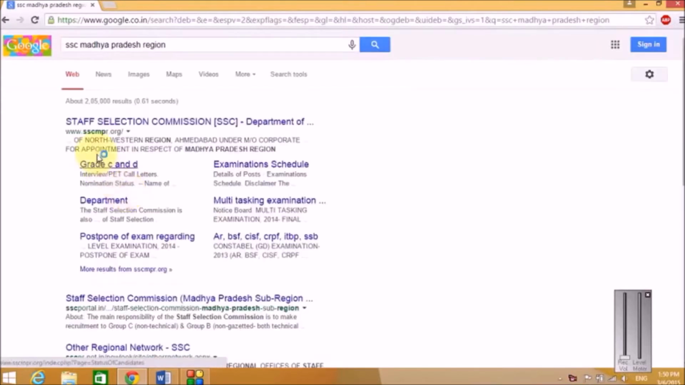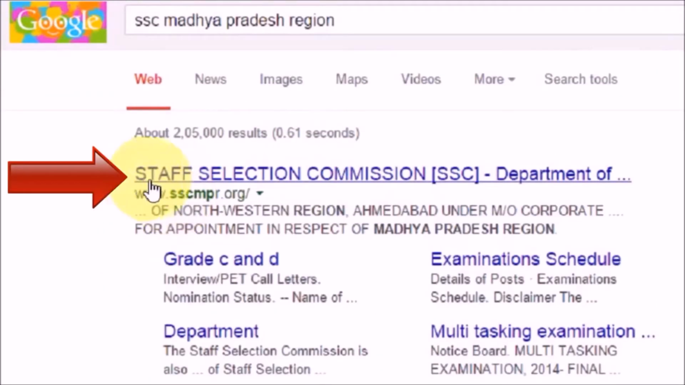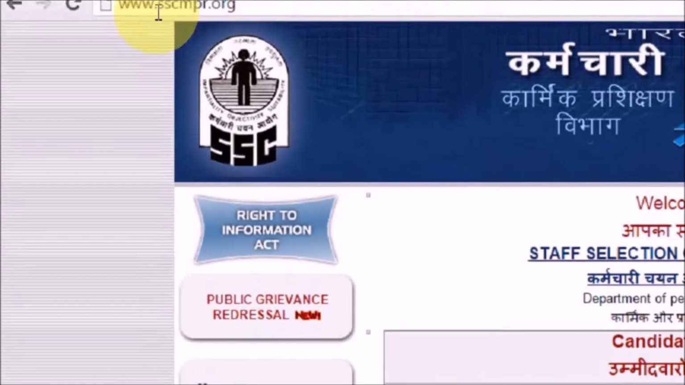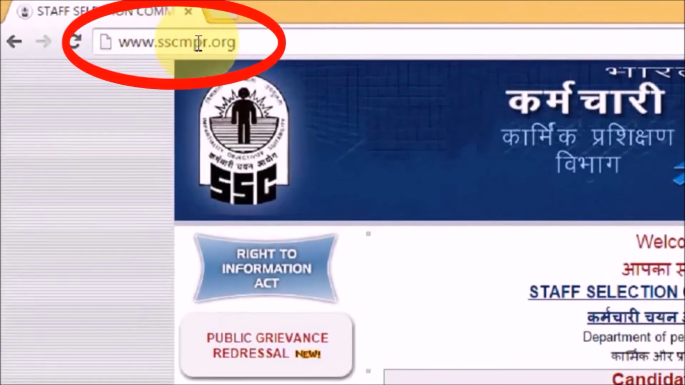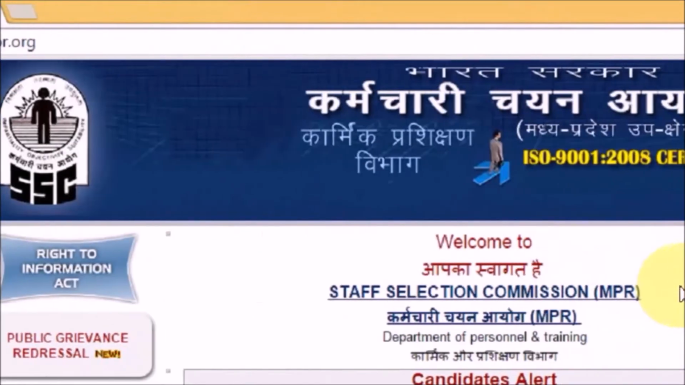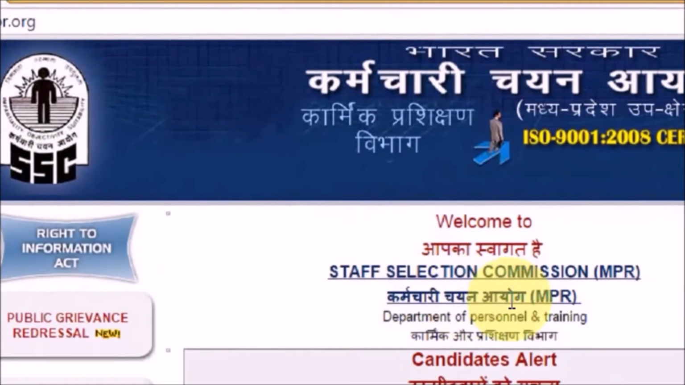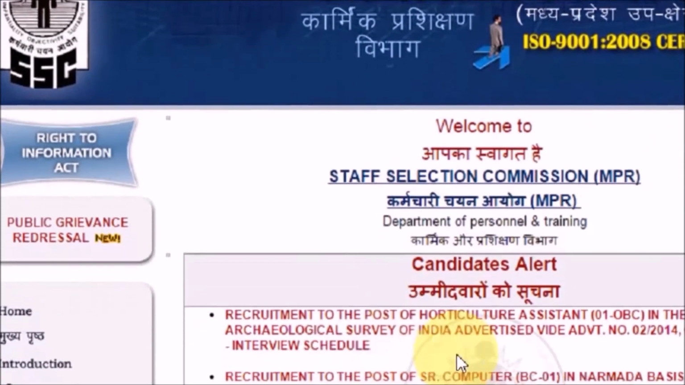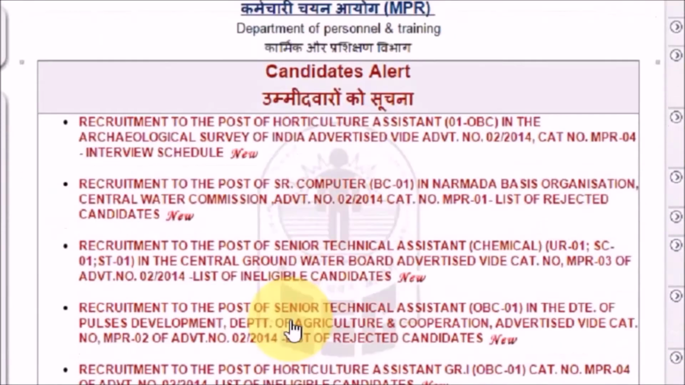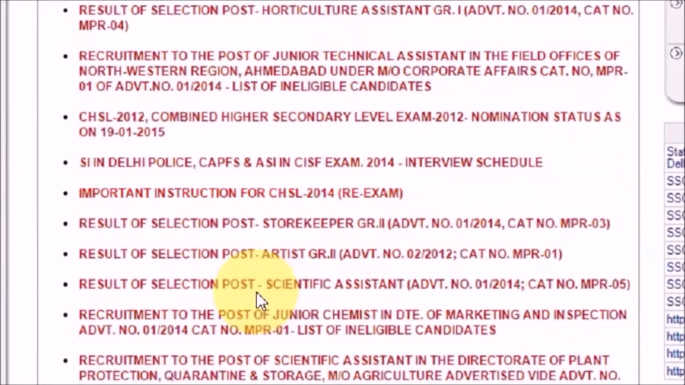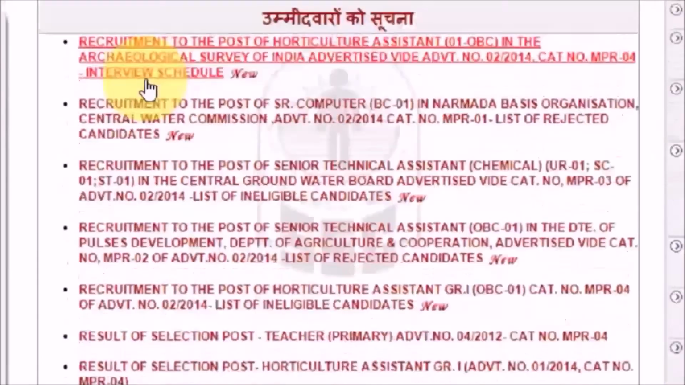Okay, so this is the SSC Madhya Pradesh region website, which is serving the people of Madhya Pradesh. You can click on this link, and this is the website URL, www.sscmpr.org. Okay, and this is the main interface. Now it says welcome, आपका स्वागत है स्टाफ सिलेक्शन कमीशन मध्य प्रदेश रीजन, and these are various notifications and information